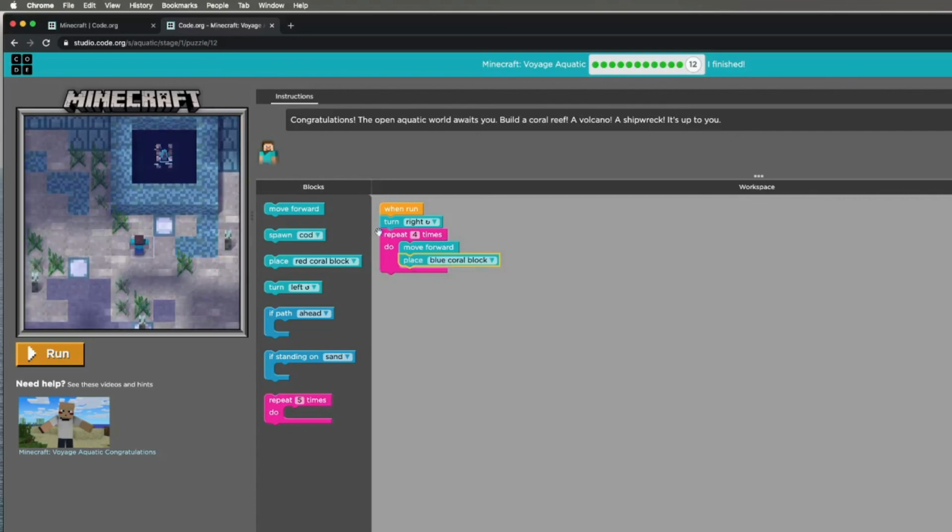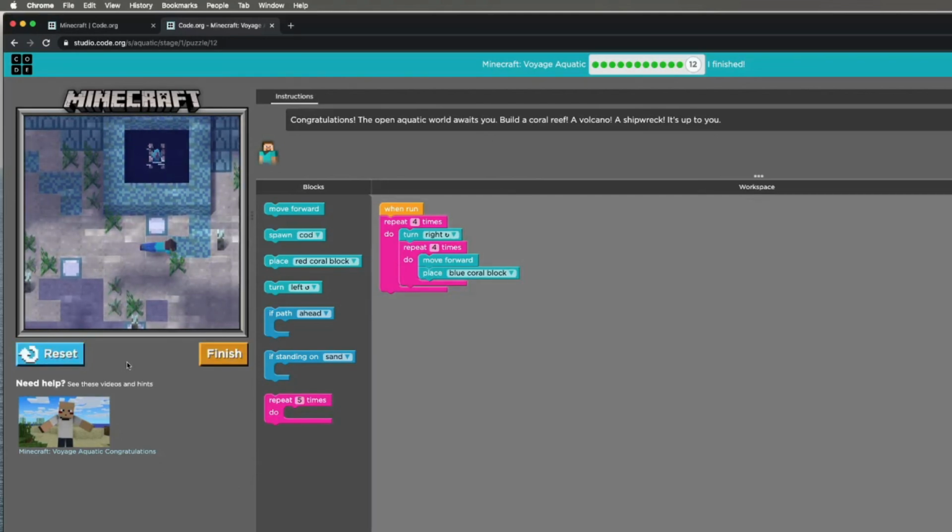Okay, repeat 2 times, turn right, and then I'm going to use a nested loop, which is one repeat inside the second repeat, and I'm going to make a square shape here. A square has 4 sides and all the sides are equal, so I'm going to have 4 blocks on 4 sides. Let's see if we can make that by this program. So we run the program, turns right,